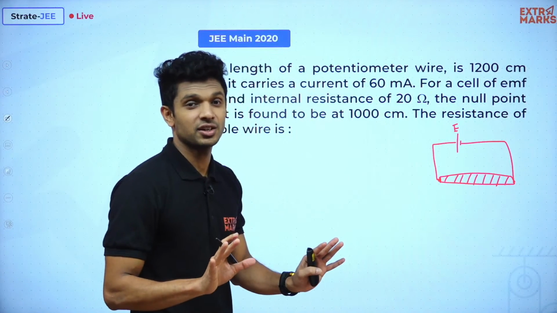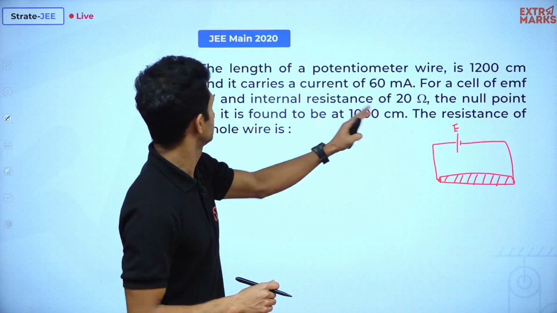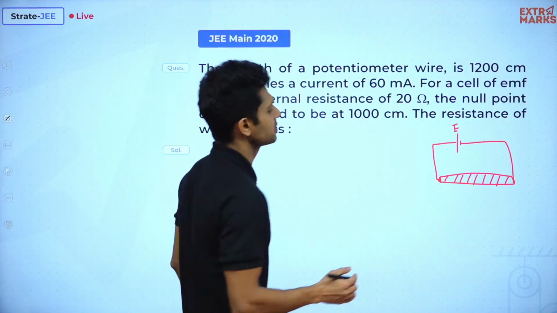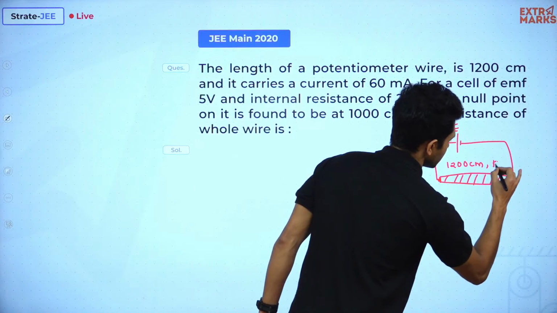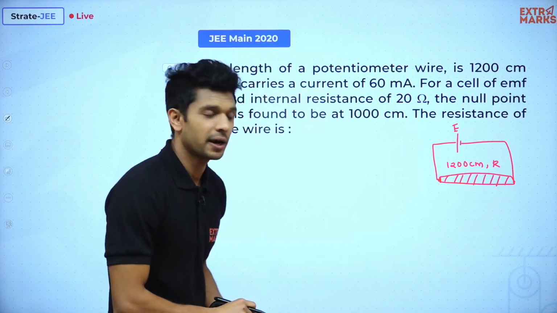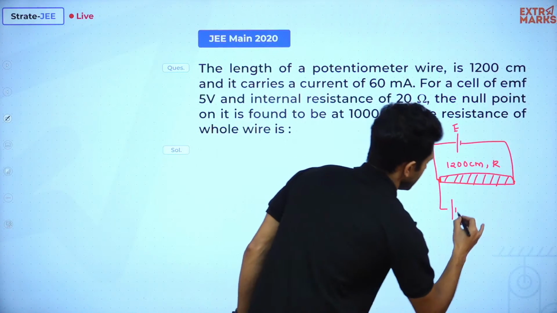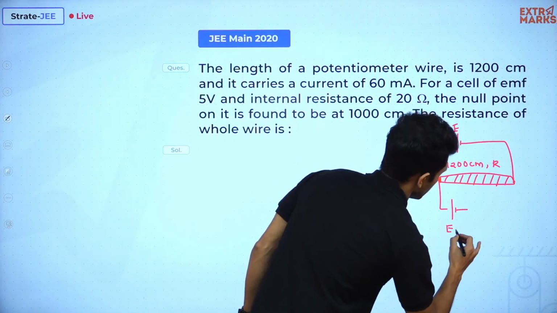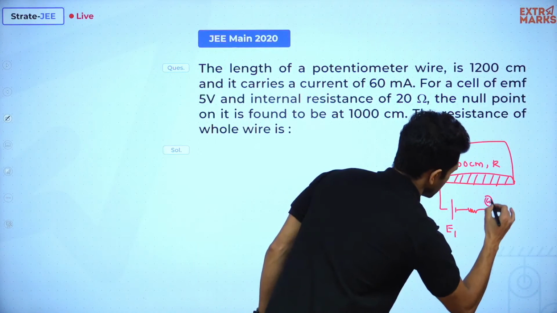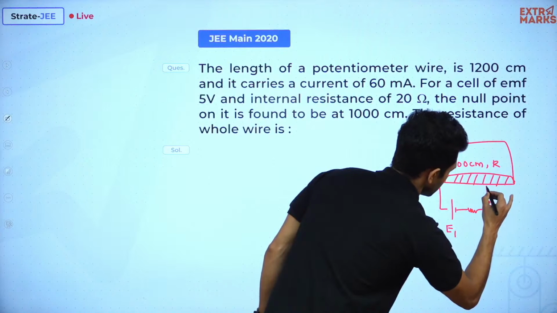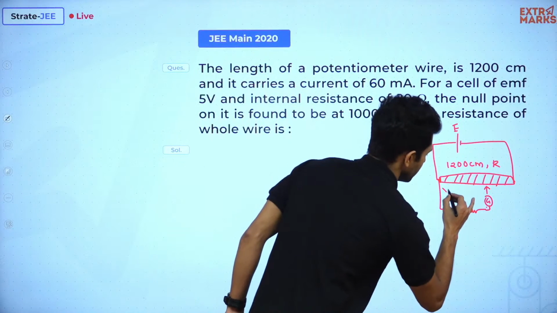As you all know, I'm already bad in drawings. Okay, so what all is given about this particular wire? Okay, the wire is actually having a length of 1200 centimeters and it is having some resistance R which we don't know. Okay, now we have a secondary circuit, right? Secondary circuit has a cell of, let me say, E1 over here, right? It has an internal resistance and through a galvanometer it is connected to a jockey, and it says the null point length, the value of X is actually